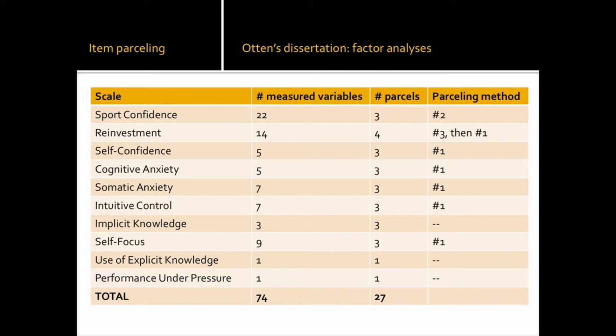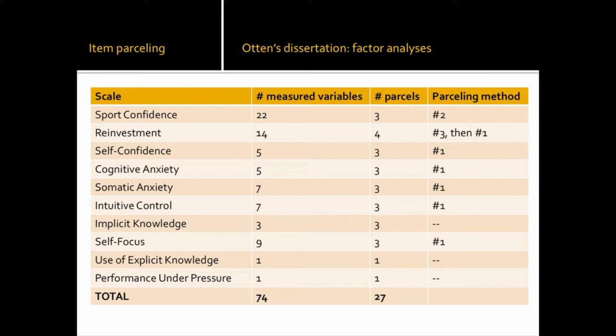So starting with sport confidence, I used parceling method number 2. I did a factor analysis on the 22 items. There were some subscales that were originally thought to be in there, but the factor analysis was screaming at me, hey, just make one factor. The eigenvalue was way out of control. I did an EFA, an exploratory factor analysis, to determine that one factor was really the thing for this sport confidence scale. So I was like, okay, let me keep it as one factor,